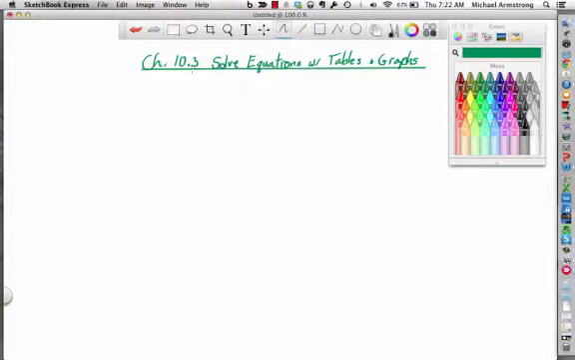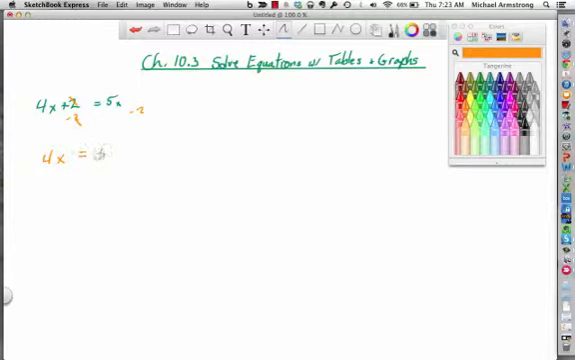Okay, chapter 10.3 is solving equations with tables and graphs, but it also includes the idea of using algebra. The first equation they give us is 4x plus 2 is equal to 5x. And if we solve this using algebra, which is what we've been practicing so far, we're going to subtract 2 from both sides, which leaves us 4x